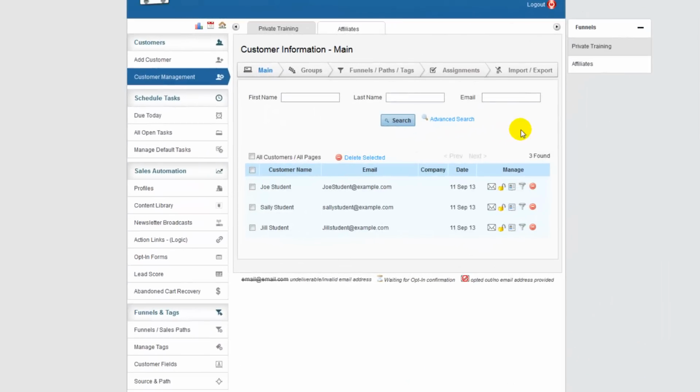As a coach, there are several ways that you can schedule your bookings with your students. You can do it from your mobile device, from a computer, or your students can go to the website and choose the service and the time and book themselves as they choose. For this example, I'm going to do a booking as though I were working from inside the customer management section. So I'll select the student,